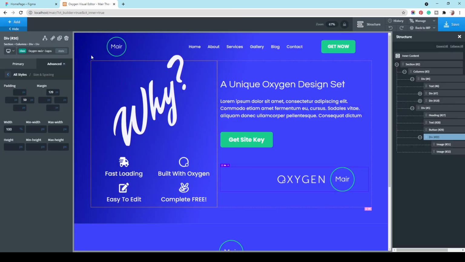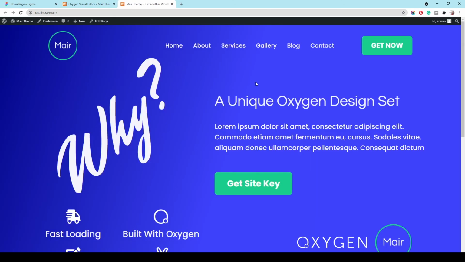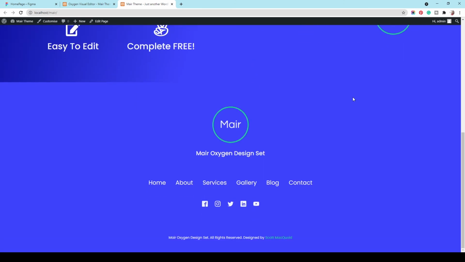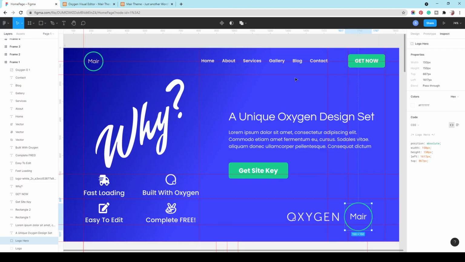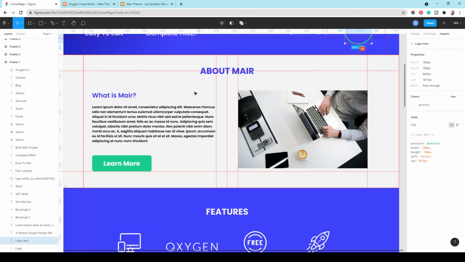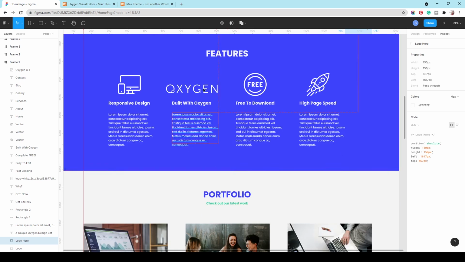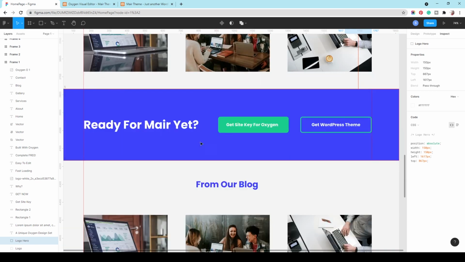Now let's check out how it looks on the front end. So let's go to front end, and exactly how we wanted it to be. So that's all for today. We've got everything ready. On the next part, we're going to continue working on the home page and finish all the parts over here,